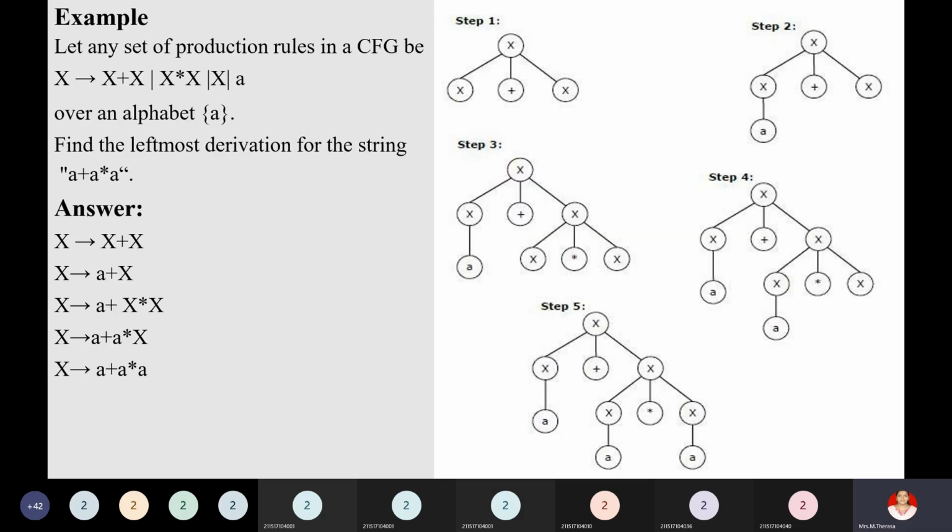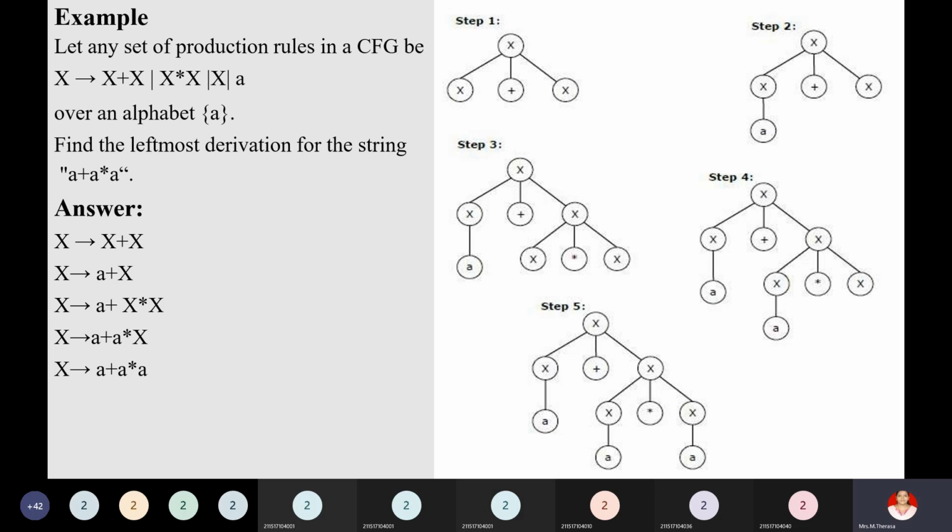Okay, we'll see one example for that. Let the set of production rules in a CFG be X tends to X plus X, or X into X, or a, over an alphabet A. So here the alphabet is A, but